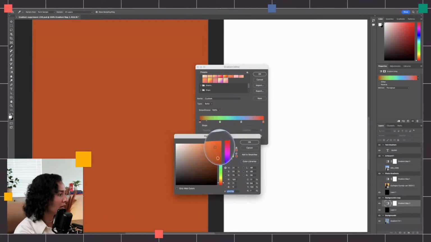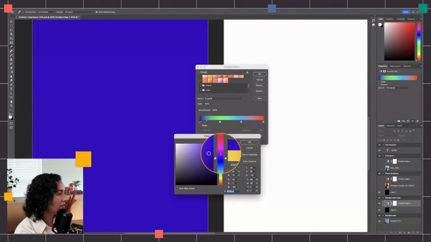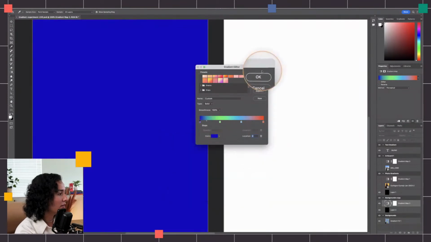Let's do something like a red. Color hues are always kind of a peculiar thing to pick on the go. All right, let me try. Let's try that. Let's see what happens when we do that. Nice. So let's do this color hue, but before I move on, I'm actually going to create a new preset